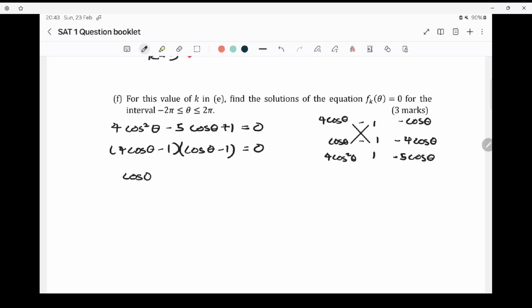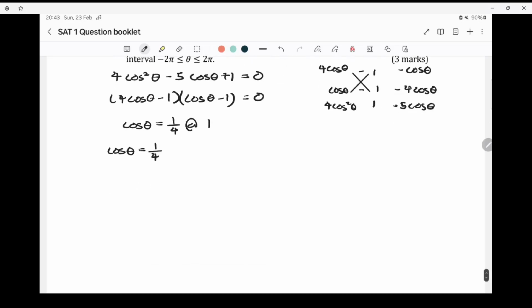So cos theta equals 1 over 4 or 1. So let's look at cos theta equals 1 over 4 first. So what are the solutions? So theta would be plus or minus 1.32 radian,